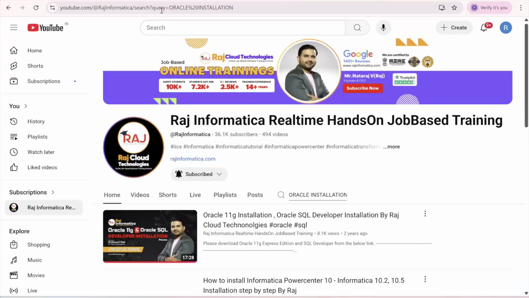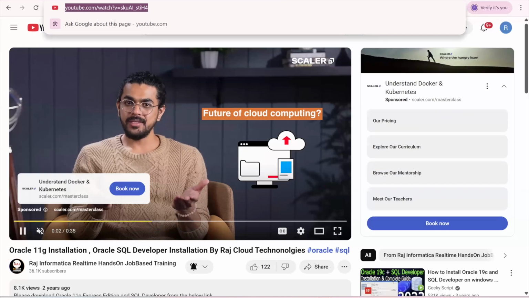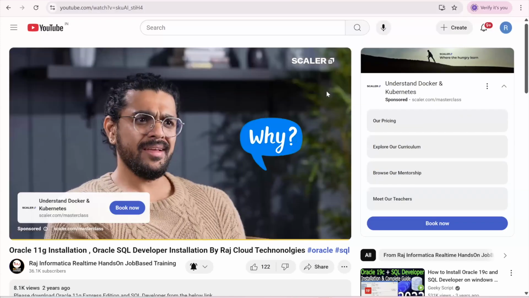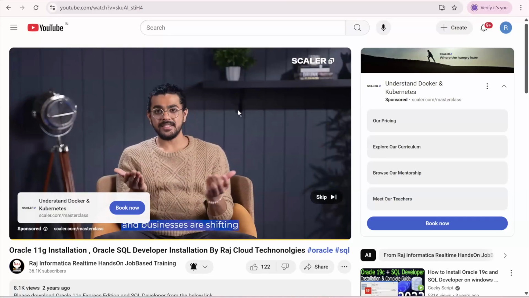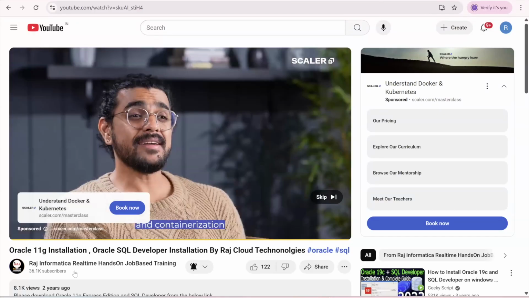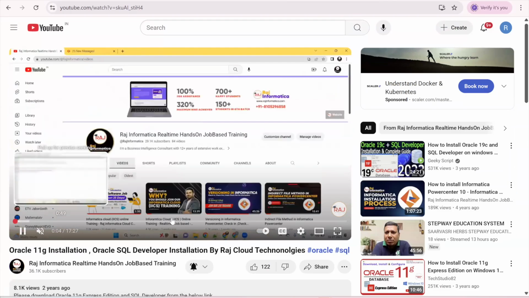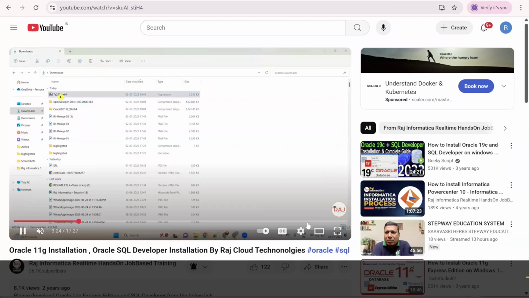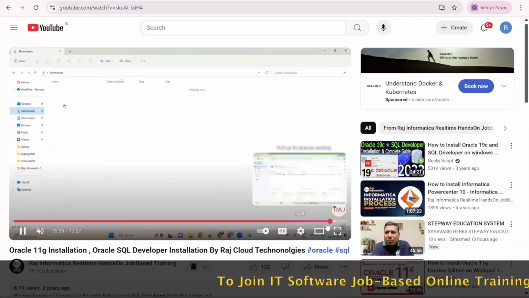If you don't have Oracle in your system, please use this. I'm sending you the link in the Zoom chat. In the WhatsApp group also I'll send you. Here I have shown how to download and how to install Oracle. That is what I have shown.